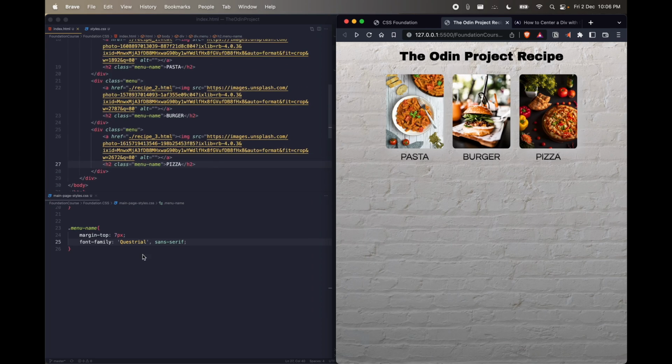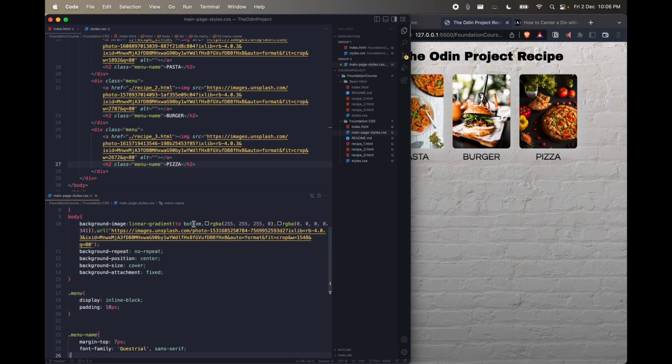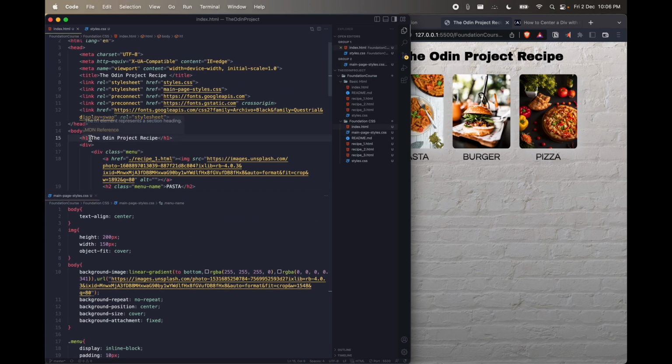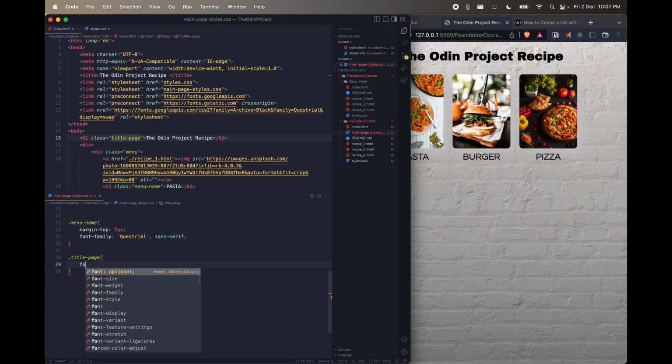Now what I'll do is take the h1 and give it a class of maybe title page. Dot title page, and then after that I'm gonna write font